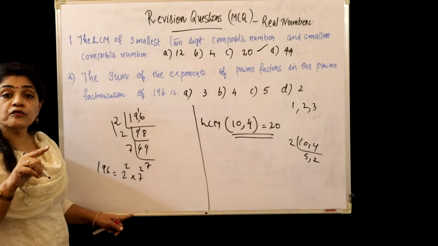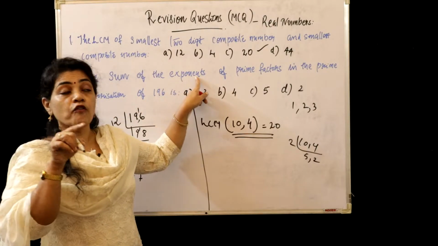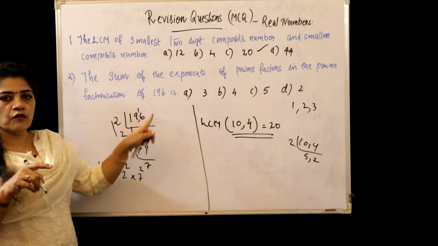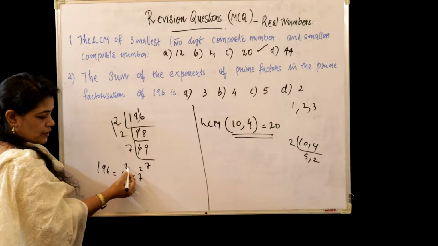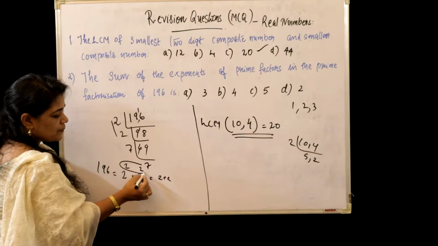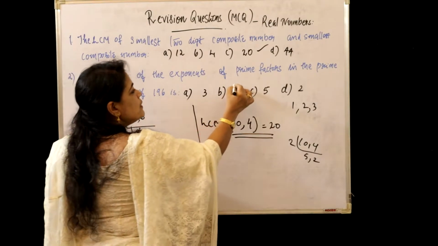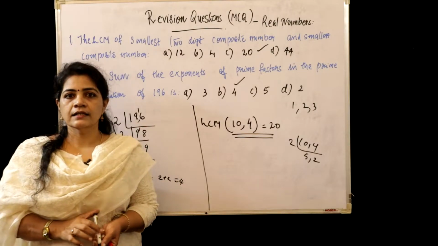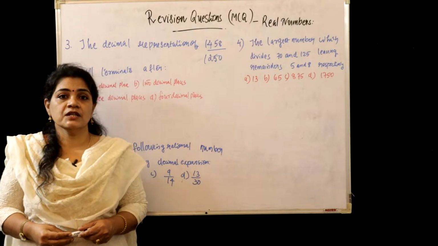So the sum of the exponents, see children, the sum of the exponents of prime factors in the prime factorization of 196: 2 is the prime factor, its exponent is 2, and 7, its exponent is 2. So 2 plus 2, these are the exponents, that means 4. So you can see B is the correct option for the second question. Idea is clear children? Now the third question, the decimal representation of